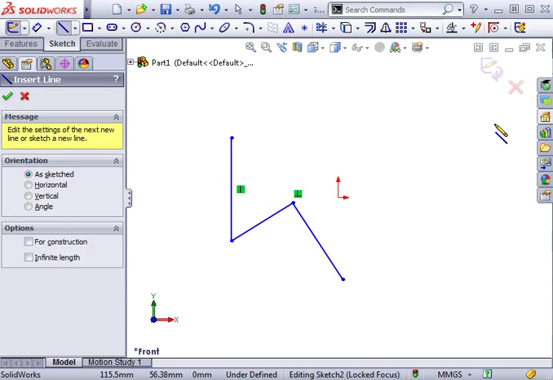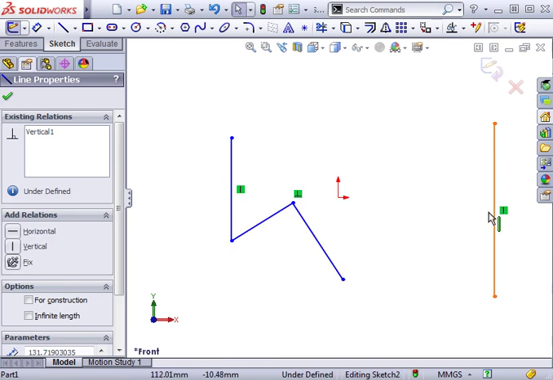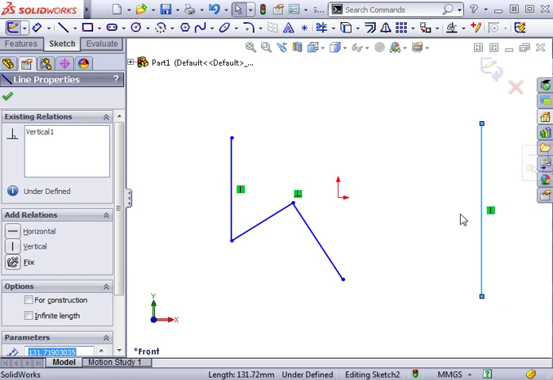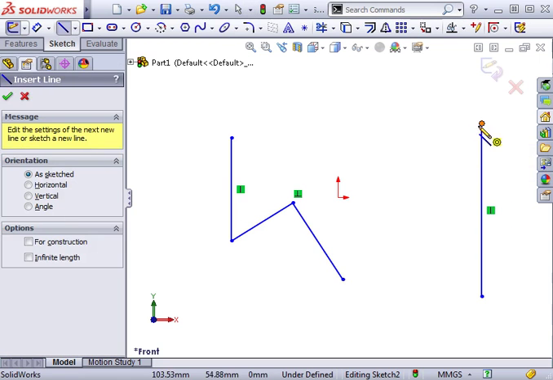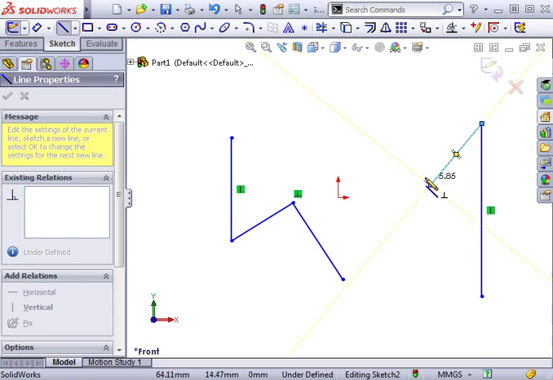For instance, if I sketch a vertical line and turn off the line tool, I can click and drag the line to move it. Notice that no matter where I drag the cursor, the line remains vertical. If I sketch another line that's at an angle, then follow the dashed line to create